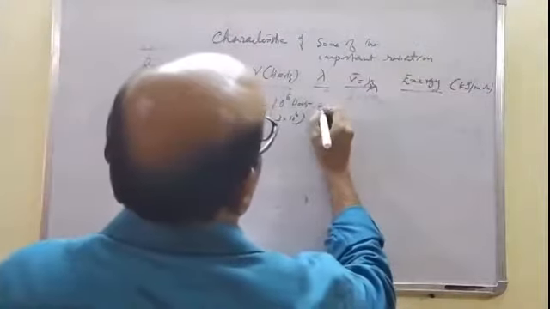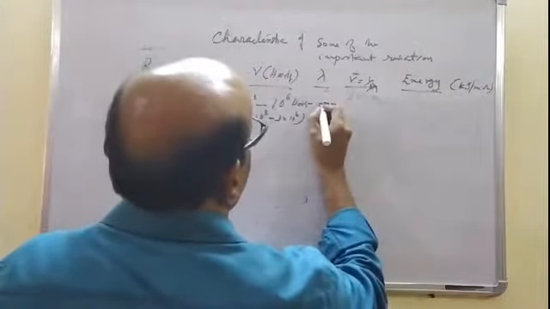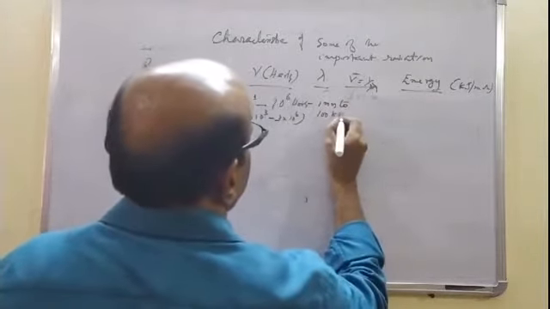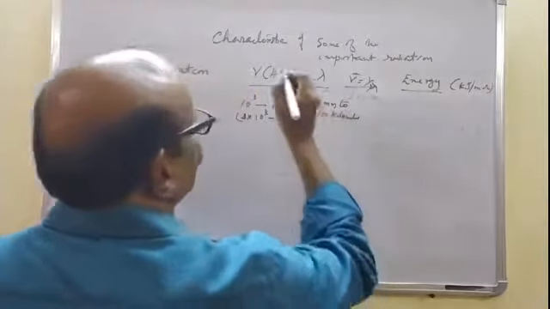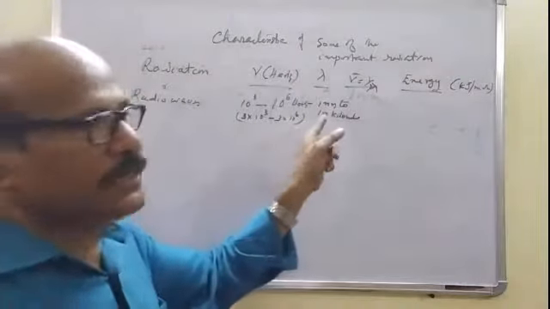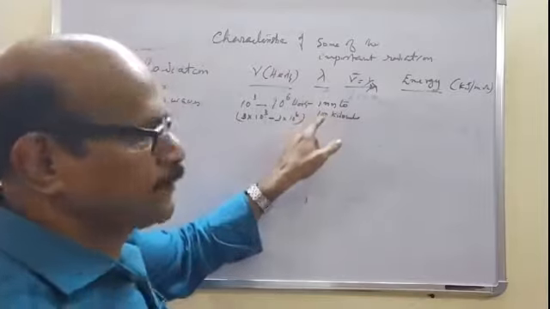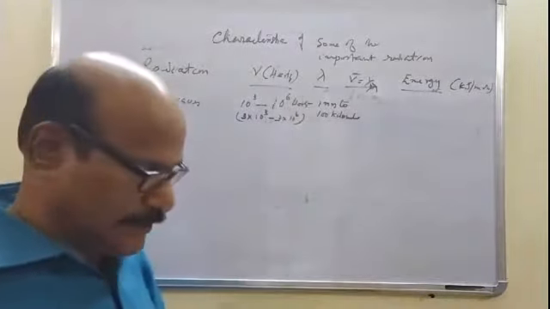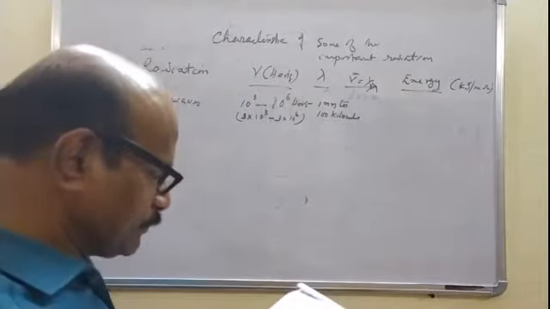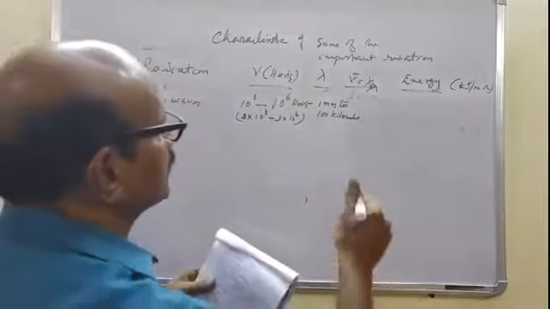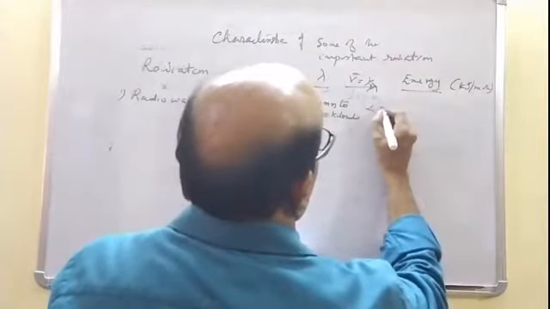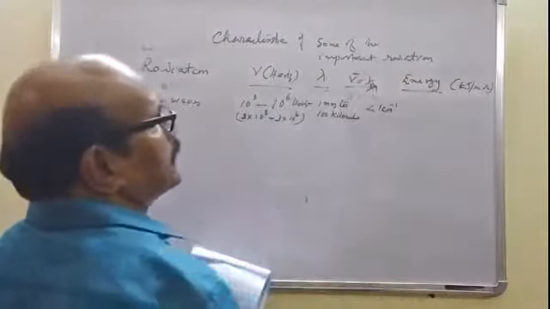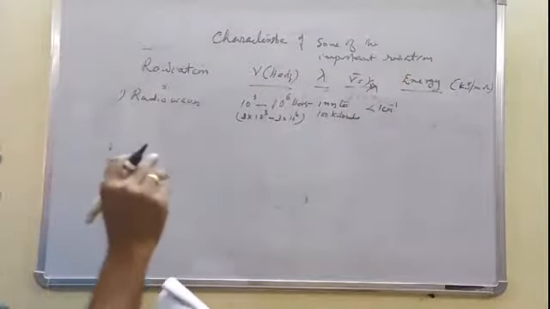That is even 1 millimeter to even 100 kilometers. So the wavelength of the radio waves is very large, of the order of 1 millimeter, 0.001 centimeter, to even 100 kilometer. In this region it comes. And the wave number is less than 1 centimeter inverse. Now, the wave number nu bar is 1 by lambda, less than 1 centimeter inverse, and the energy